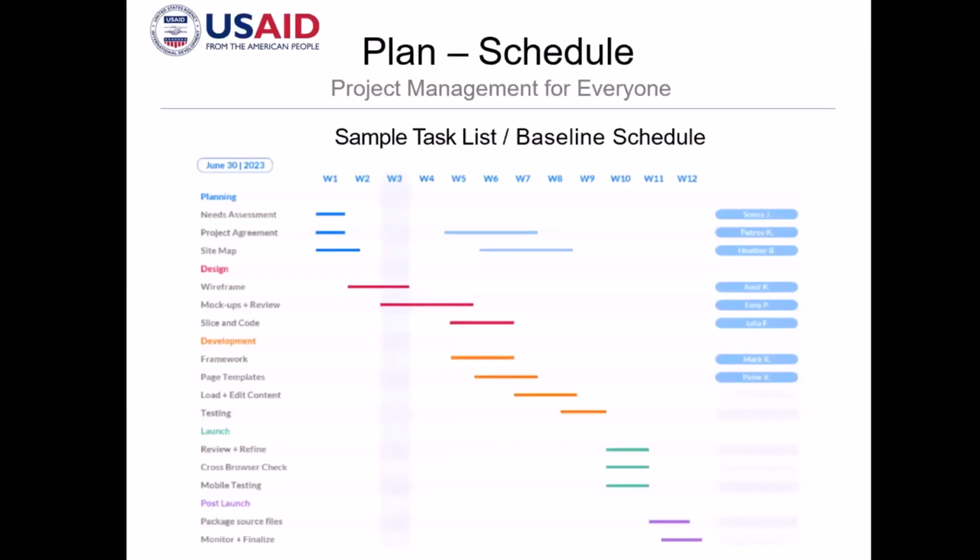So you can clearly line them up, and you can have a schedule in weeks, but normally it's also in days, and you will have a clear picture of the whole duration of the project.